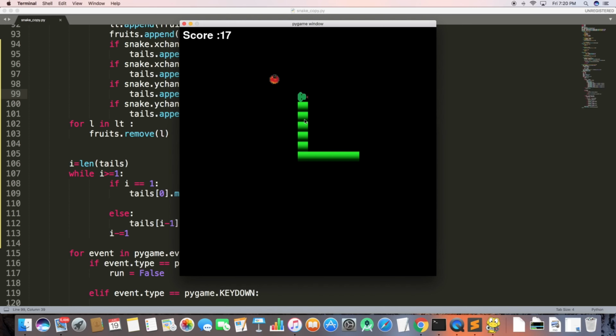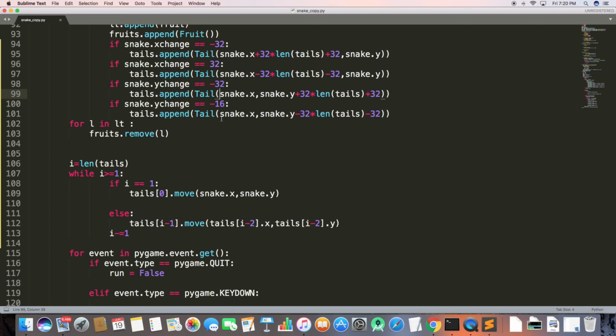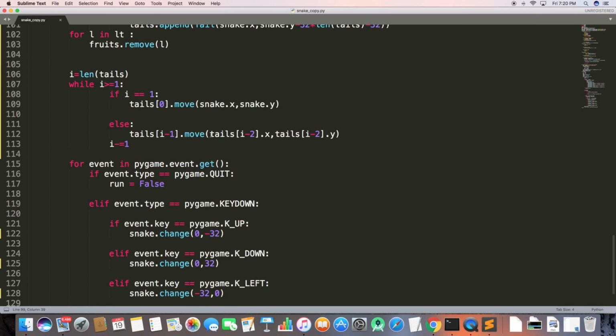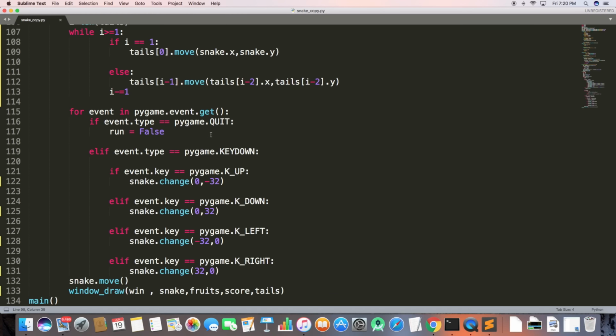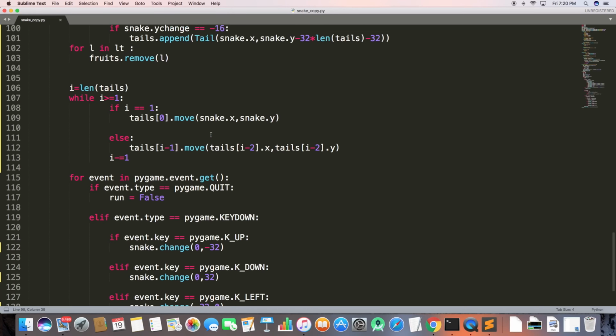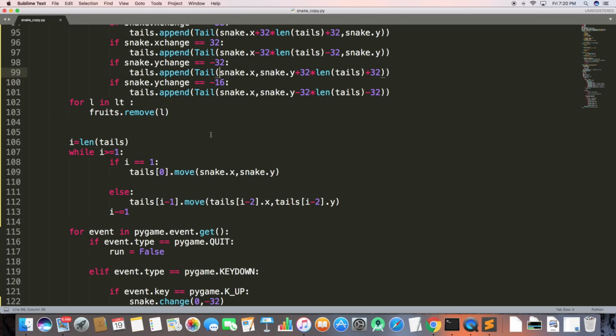But the game is far from finished. A lot of work needs to be done, like adding walls. I don't want the snake to go in the 180 direction, because that doesn't make sense. Like, a snake cannot just put its head in its tail and then make it out. This is ridiculous. So we need, at least, the snake not to just cross its own tail. That shouldn't work, so we'll make those changes.